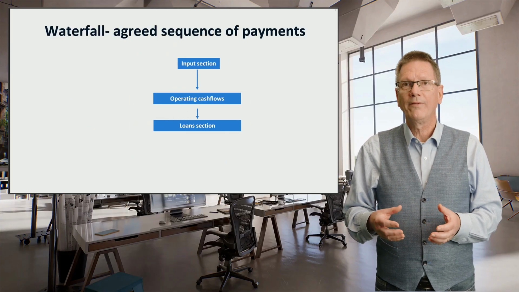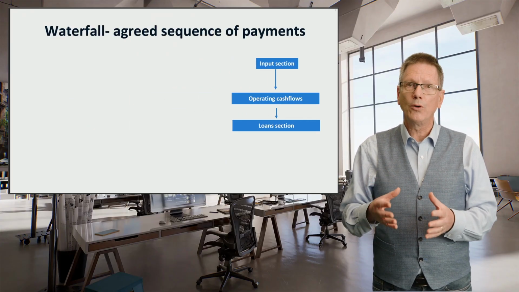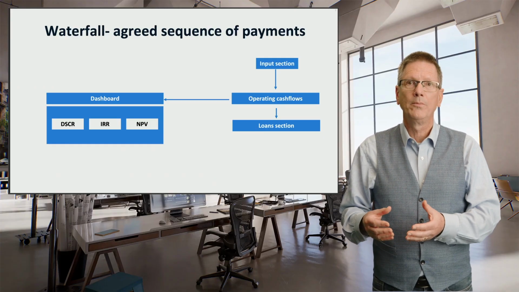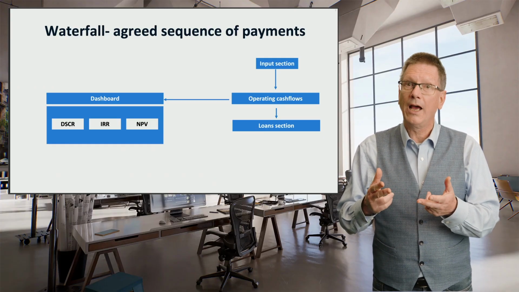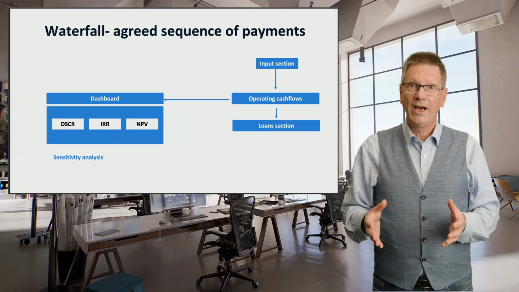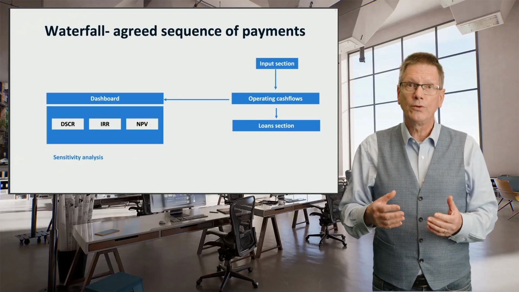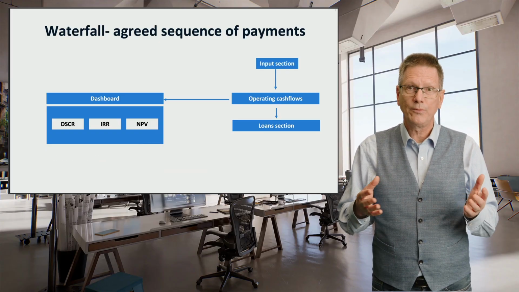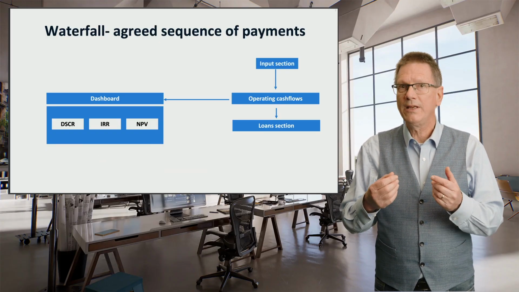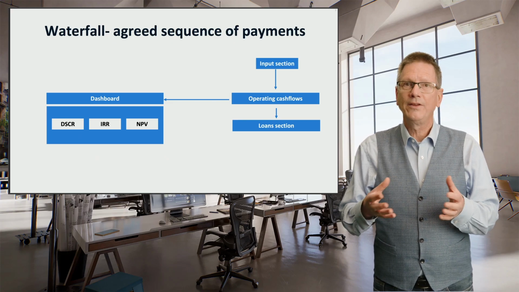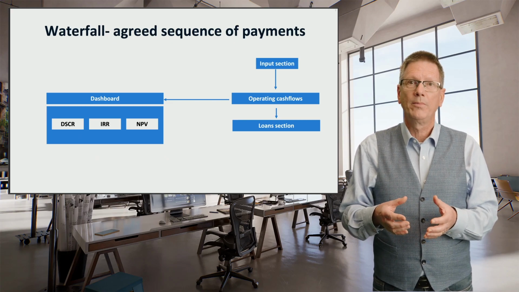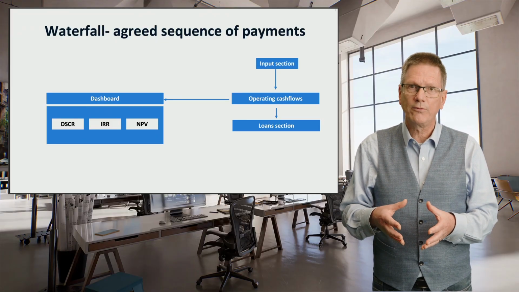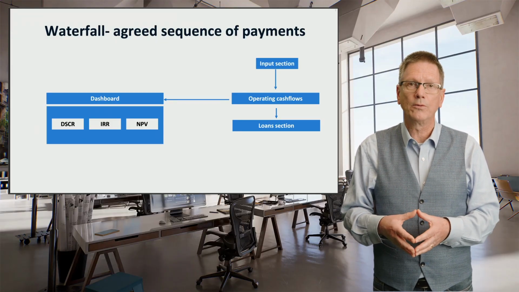A good model will have a dashboard which summarizes the most important inputs and shows immediately the key outputs, particularly the project NPV, IRR, and DSCR. The dashboard is a key tool that can be used for sensitivity analysis. We saw that the model calculates these ratios, the NPV, the IRR, and the DSCR, and these can be complex calculations, but there are Excel macros that can help you here. You will find those macros in the case model that you can download.